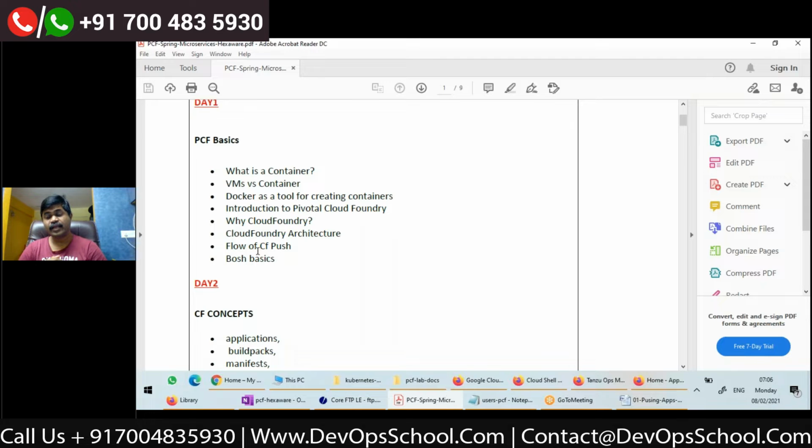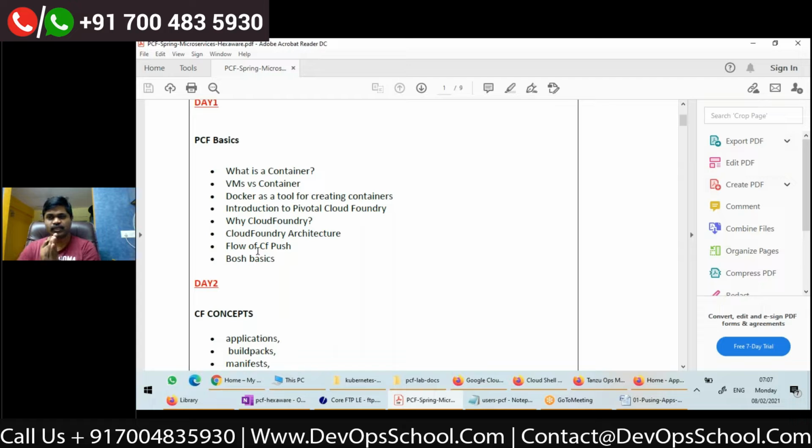Once I apply, I get an application called Ops Manager, in which there will be the BOSH CLI and a web application. Through that Ops Manager, we install a VM called BOSH, which contains the BOSH director, and through that we install the rest of the VMs of Cloud Foundry.